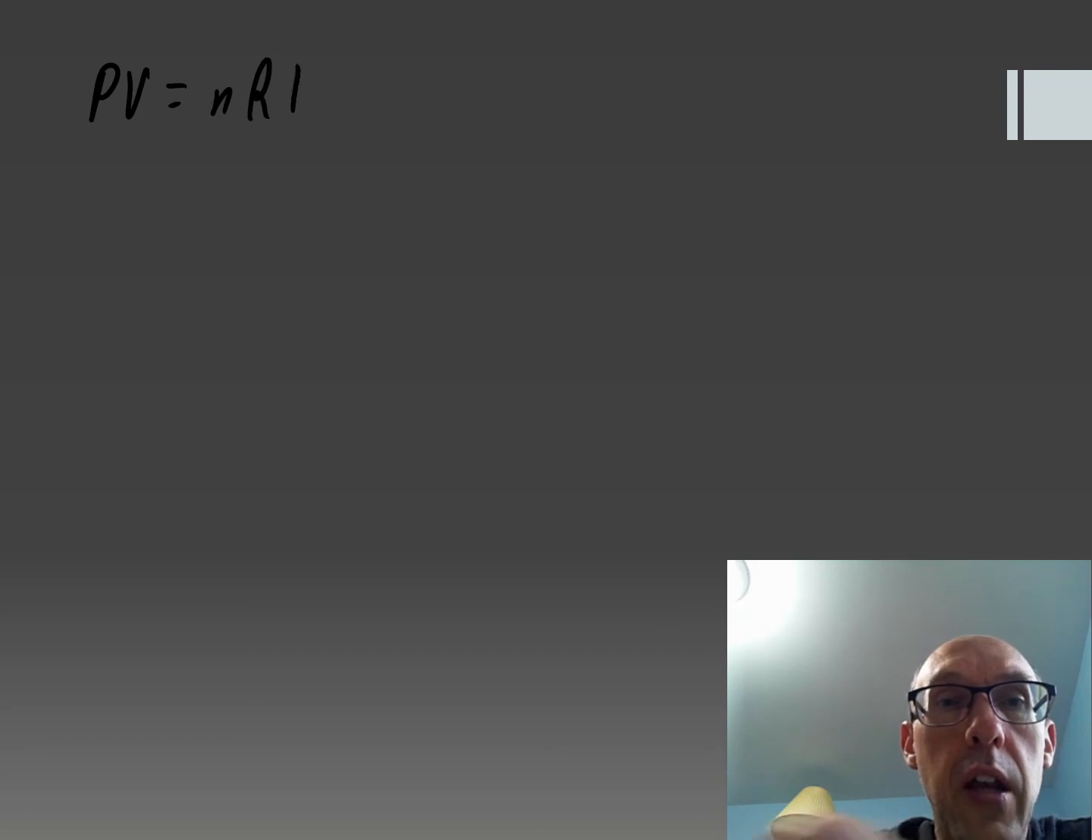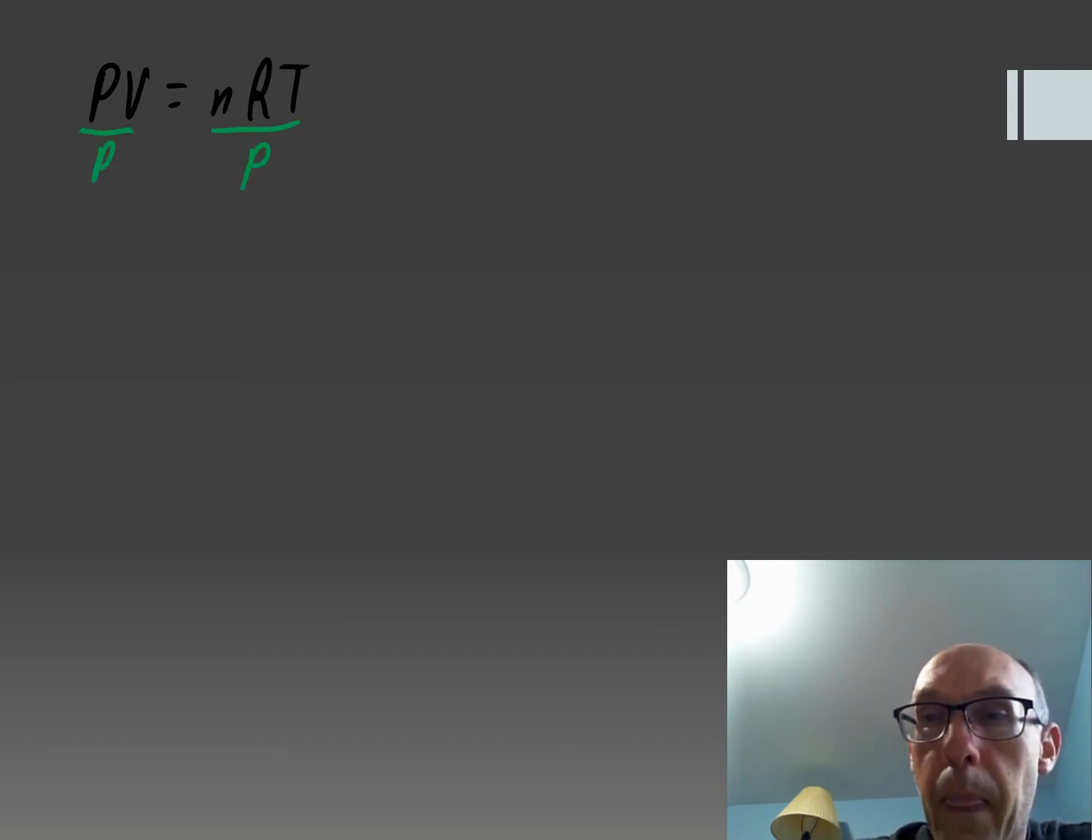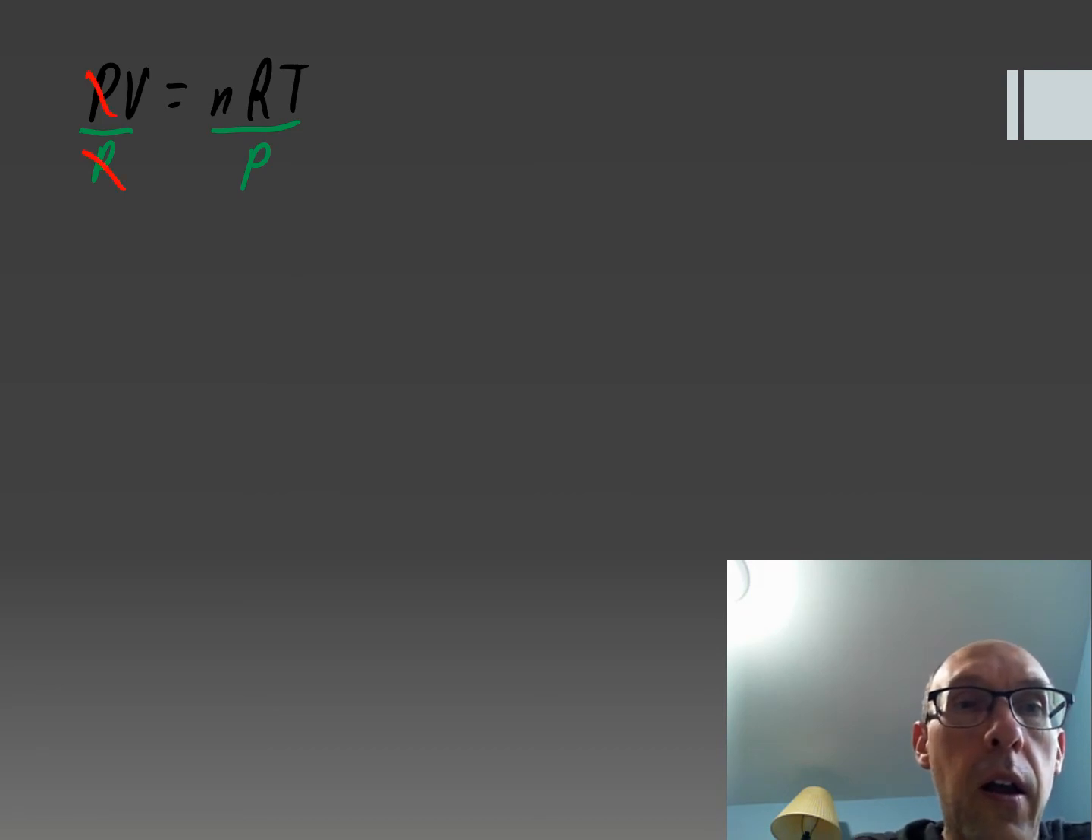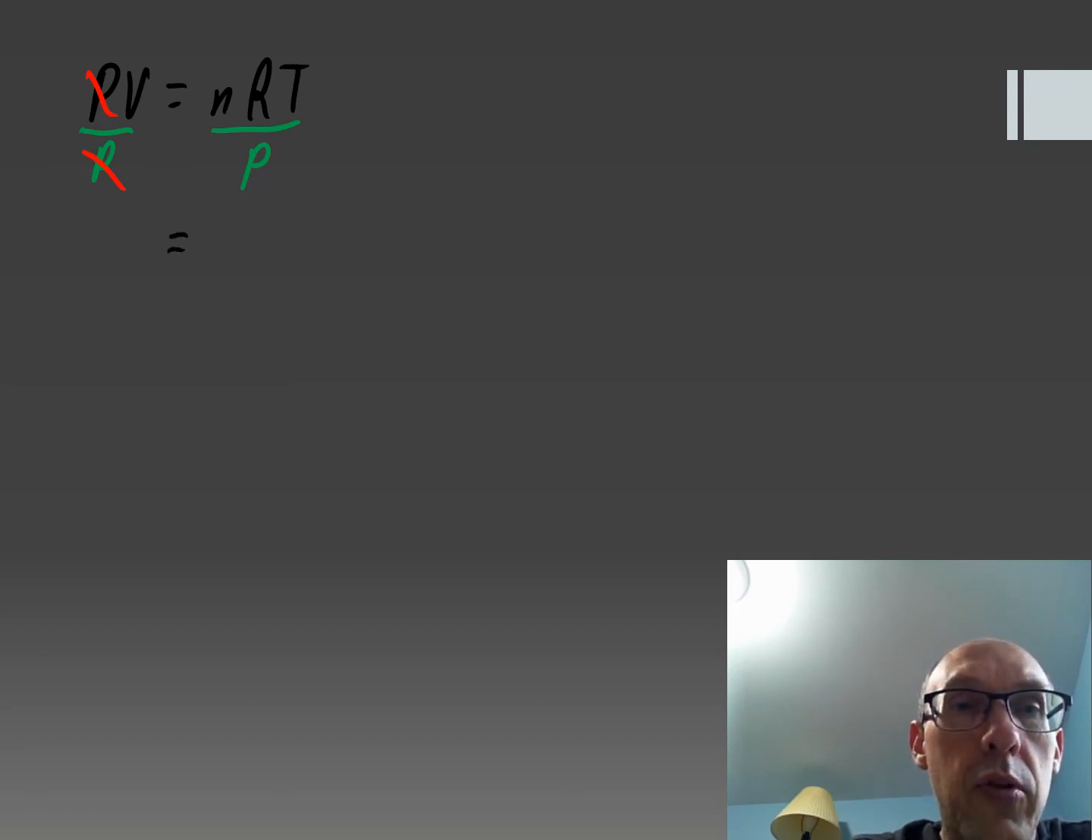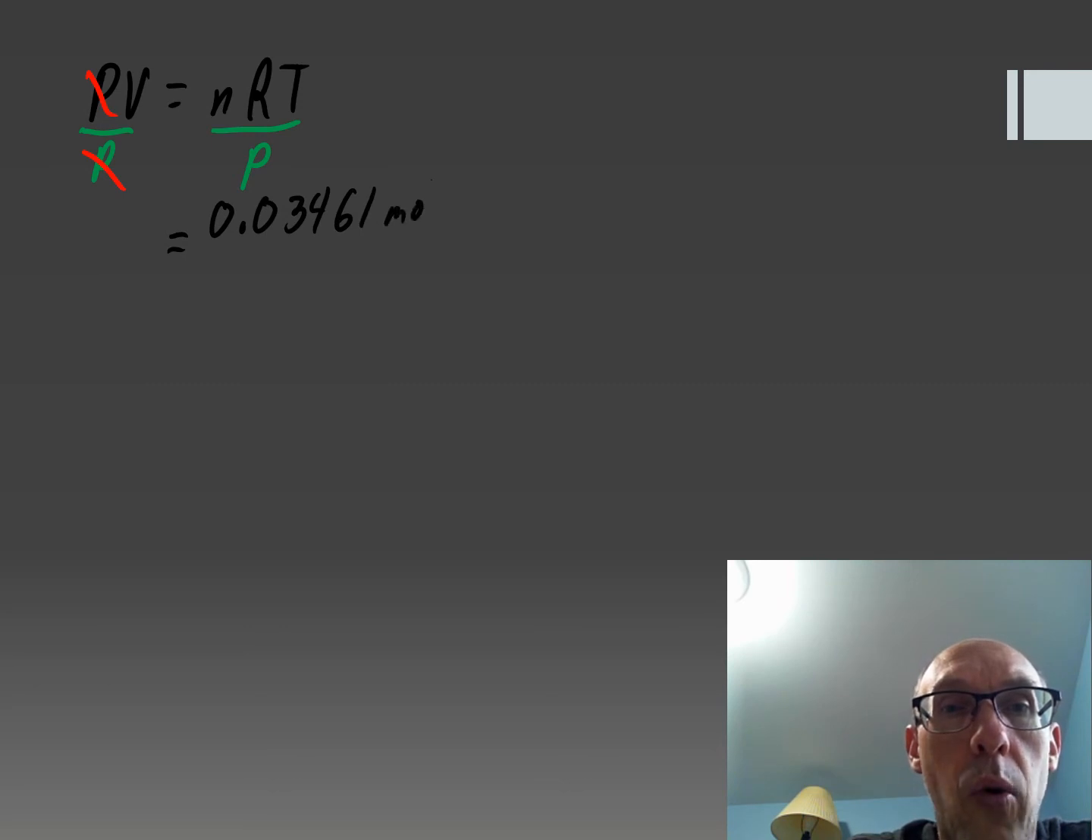The base formula, PV equals nRT. Because we are going to want volume, we're going to divide by P. And that means V equals nRT over P. Now we're going to start our substitutions. From the other page, we have n equal to 0.03461 mole